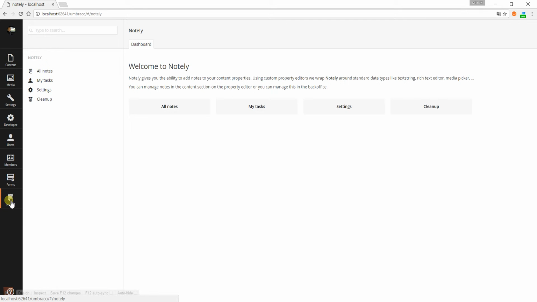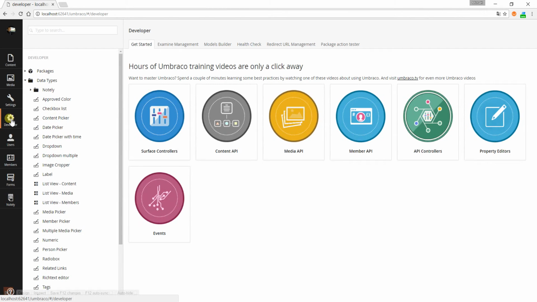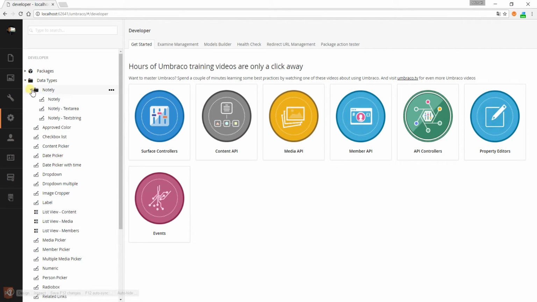Now, how do you start using it? To start using Notely, we first need to create some custom data types. Here you can choose out of two options. One, if you want to separate notes for each property, you can use Notely as a container, which is wrapped around a property. So in my example here, you can see I have wrapped Notely around a text string